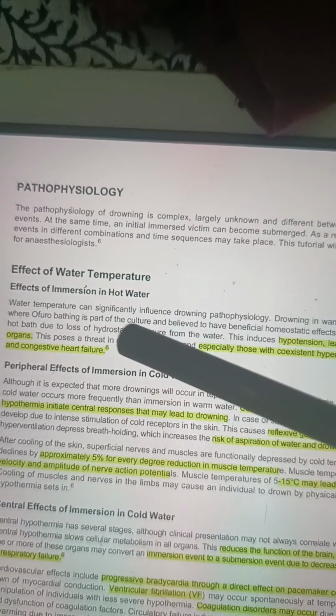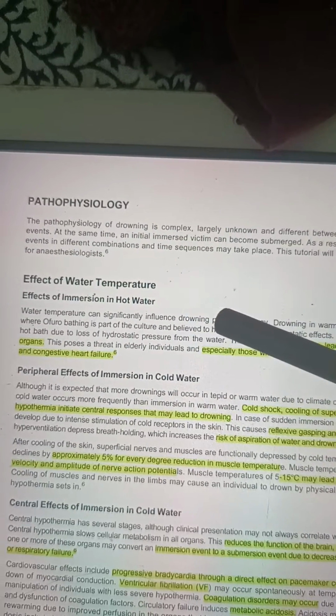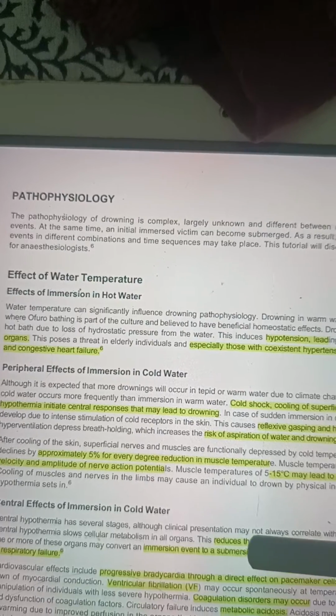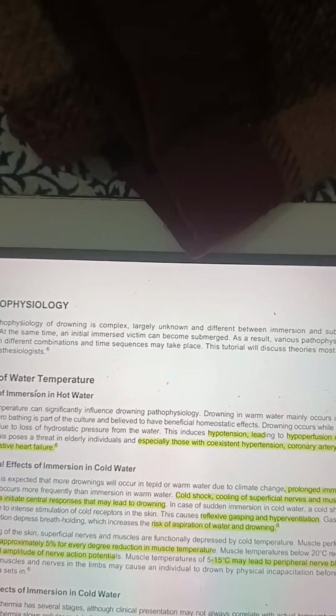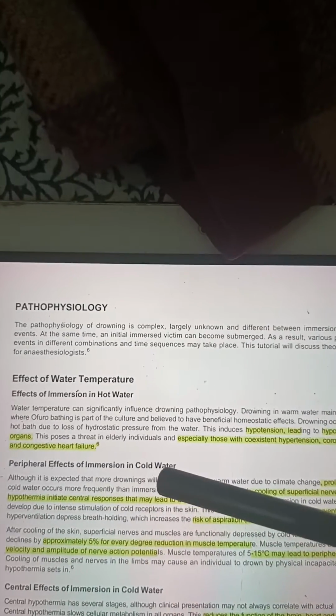Pathophysiology depends upon the temperature of the water. It is divided into effects of immersion in hot water, peripheral effects of immersion in cold water, and central effects of immersion in cold water. Hot water drowning is more common in the Japanese population, where bathing is a part of the culture. So drowning occurs in the bath due to loss of hydrostatic pressure from the hot water,